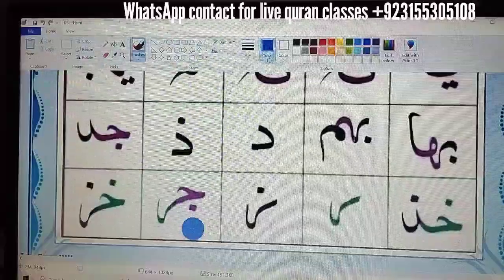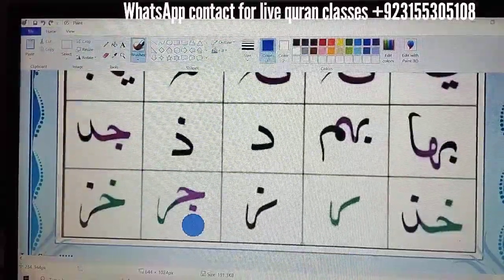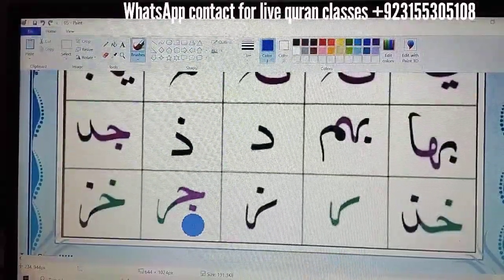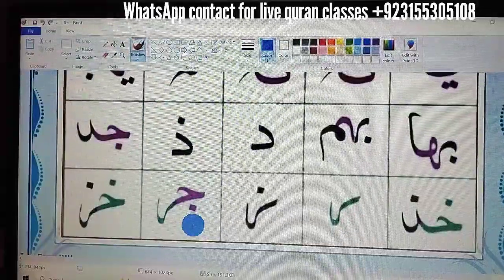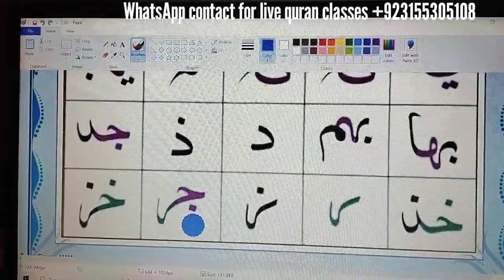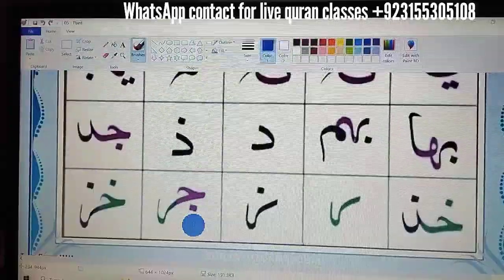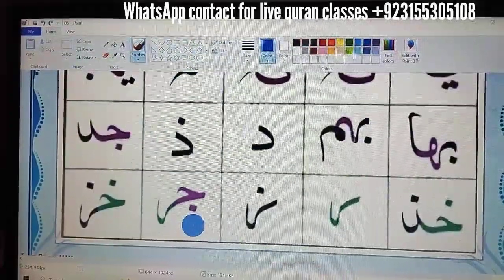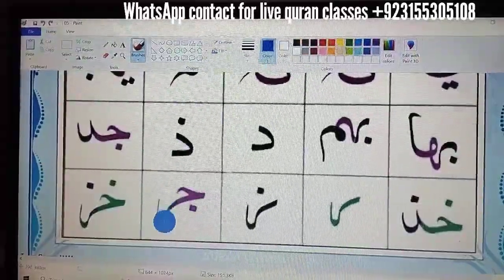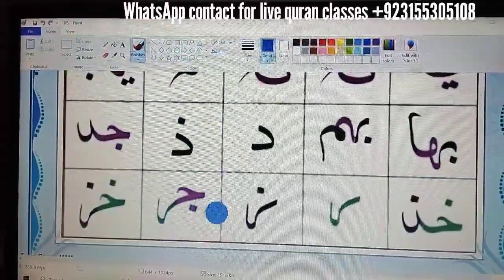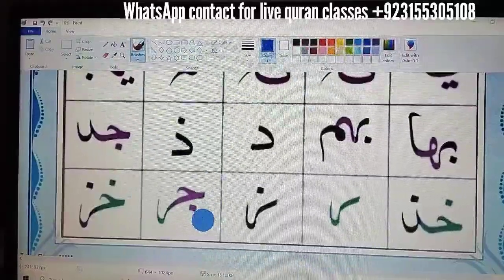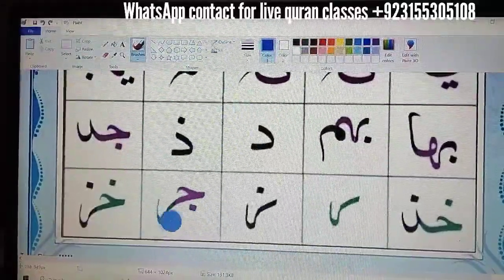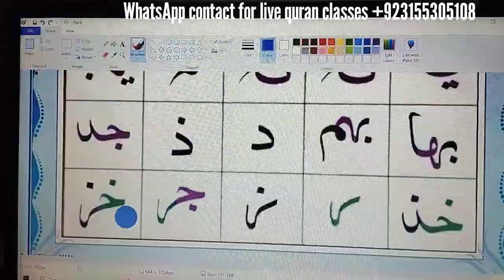The red one is jim. We read the sign of jim in the previous pages. One dot at the middle of the letter. This is the sign of jim. So this is jim. Jim, the green one, joins with ra. This one, the green one, is ra in full shape. So we read it jim ra. Two letters are joined together. Next one is